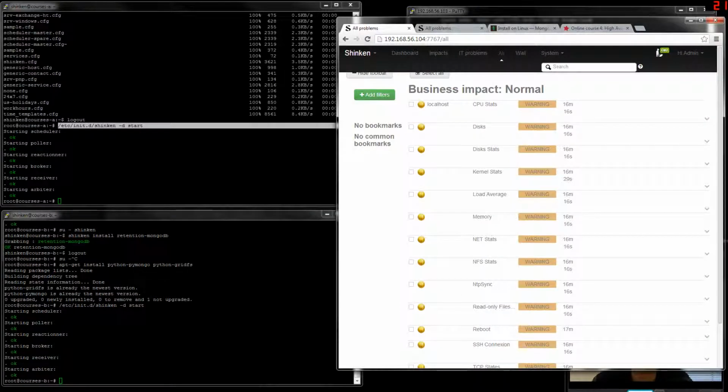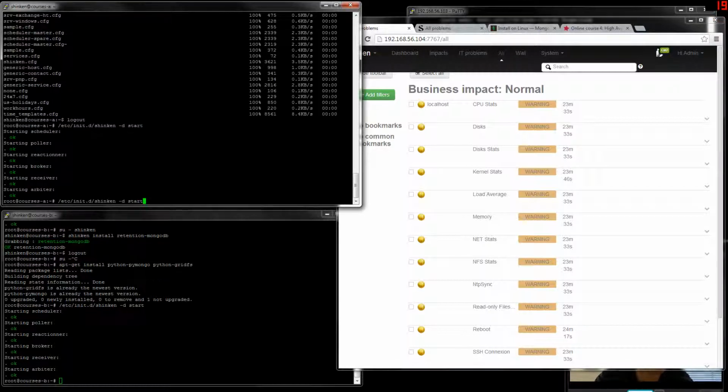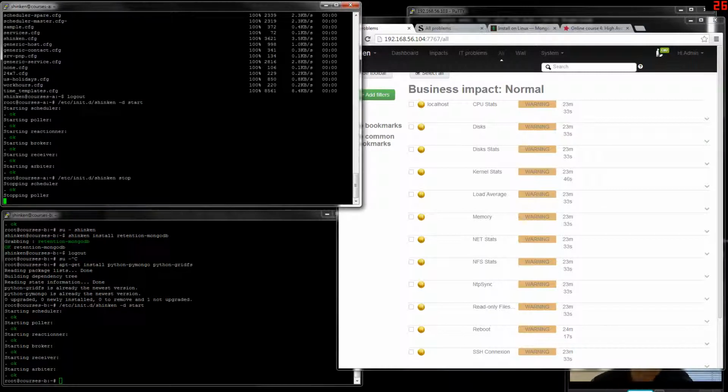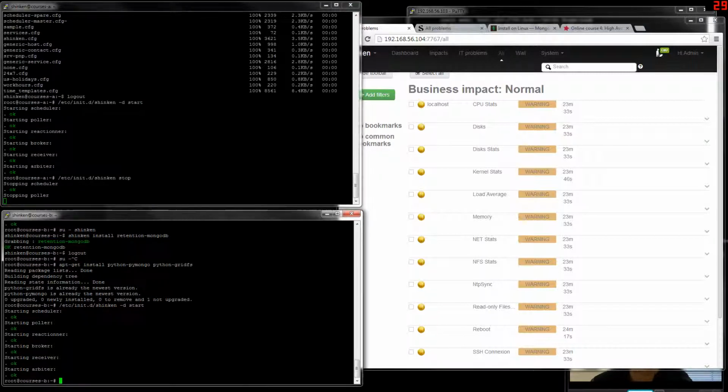If we look at the master, the web UI is okay, it's full. So now we will look at the spare one when it takes the job. So we stop the master and we wait for the spare to take the job.